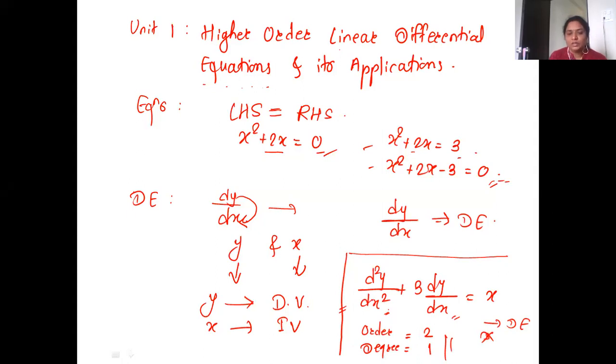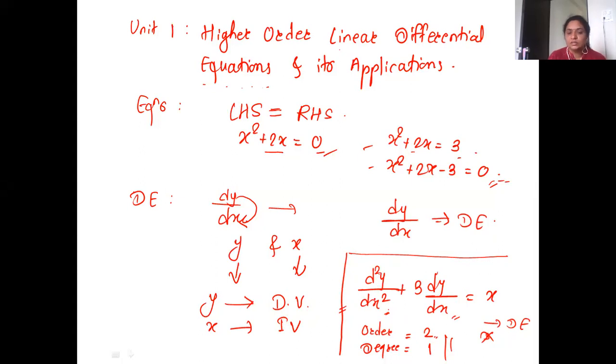Order is the highest order derivative in your equation, the highest order derivative term. So this is the first derivative, as d is having power 1 here. This term is a double derivative, d's power is 2. And if there is d cube also in your equation, then the highest order derivative term will be d cube y by dx cube, and in that case the order will be 3. But in your given equation, d has highest power 2, so order is 2. And what is the degree?